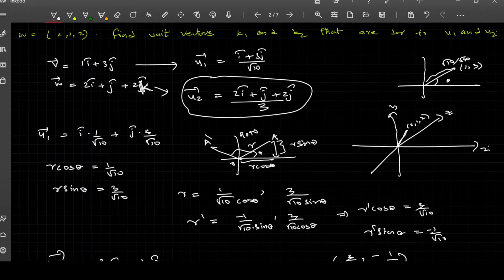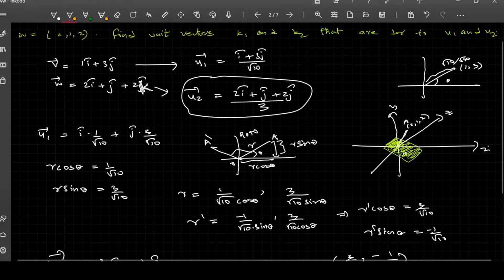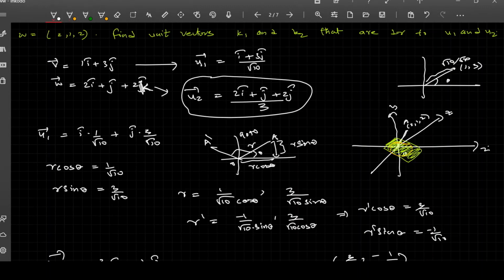And this is the vector joining this. Let us represent this as A and this as O. So we can see this is the required vector, the w vector. And we can see that this plane is actually perpendicular to the OA vector, isn't it? This can be extended, and we can even find a circle full of unit vectors here, isn't it? So this is how it works. It's not just one vector that we can get. We can get an infinite number of vectors which are perpendicular to the given vector, that is w bar.